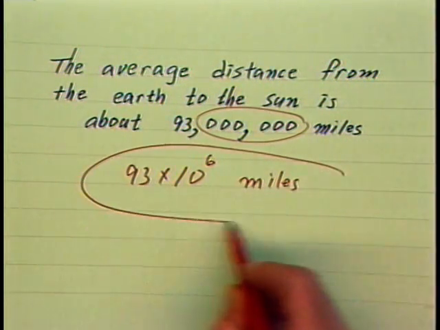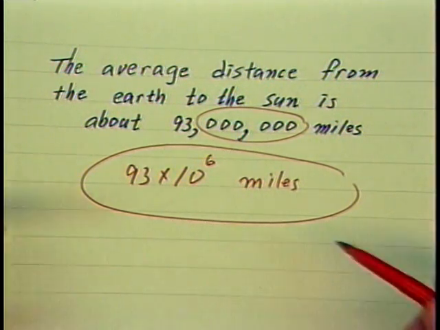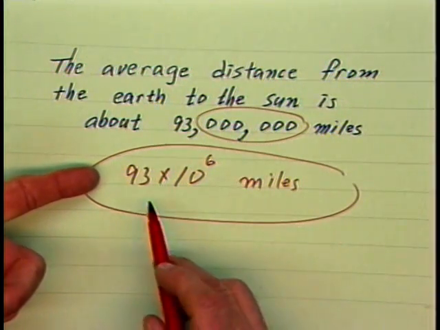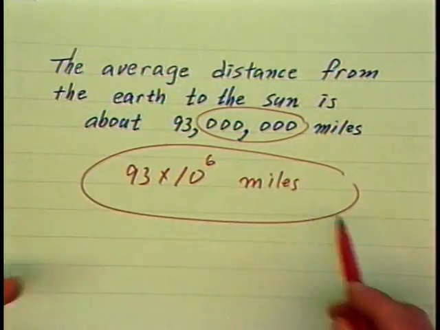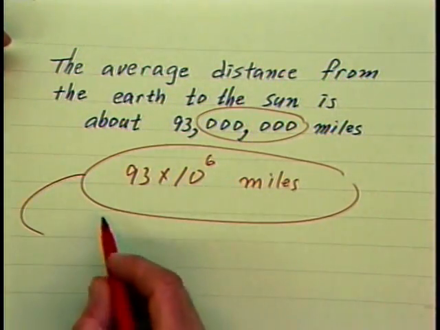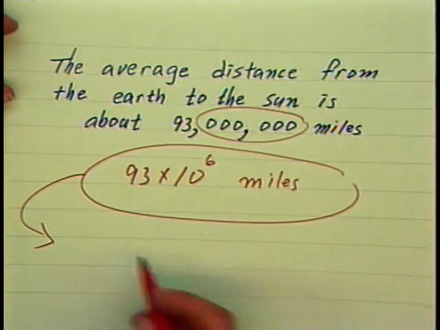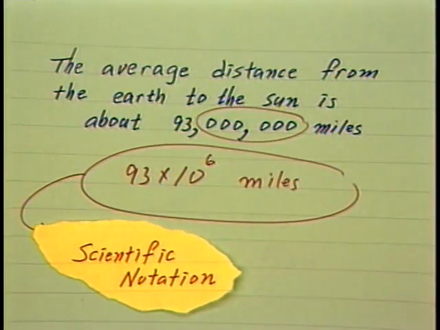And this is the way that it will normally be expressed within the scientific community. Slightly different than this, because when we get to decimals, we will alter this a little bit, but using the same principle. And this kind of notation with a slight alteration to account for decimals will be called